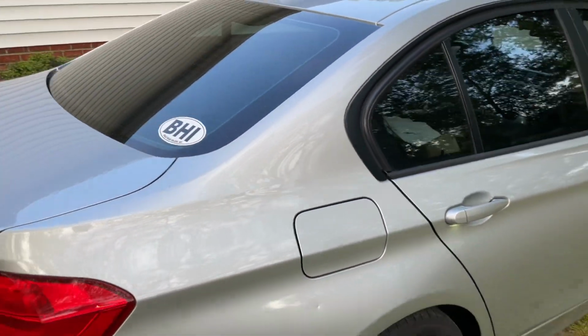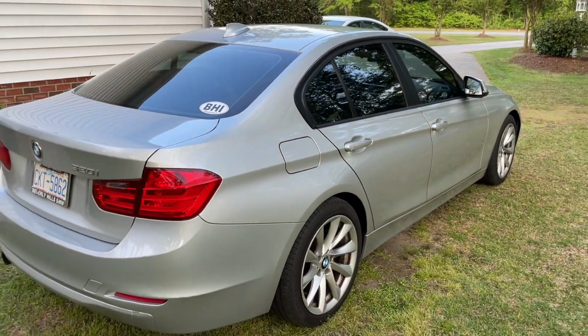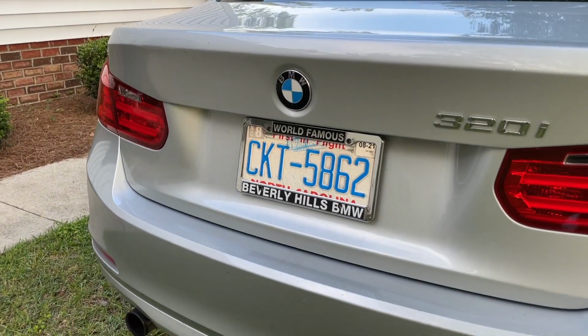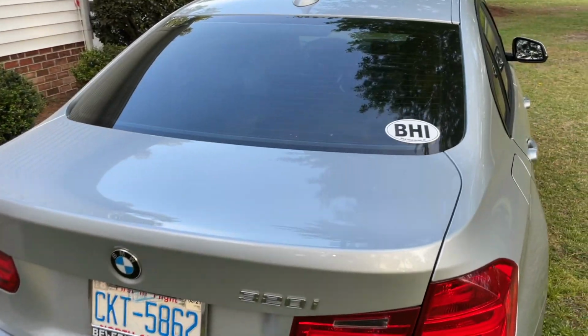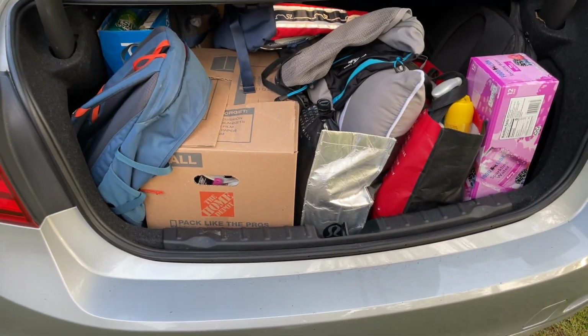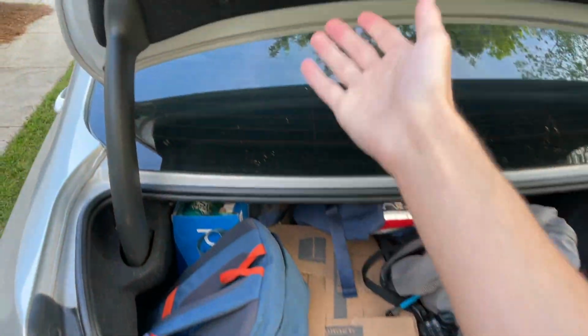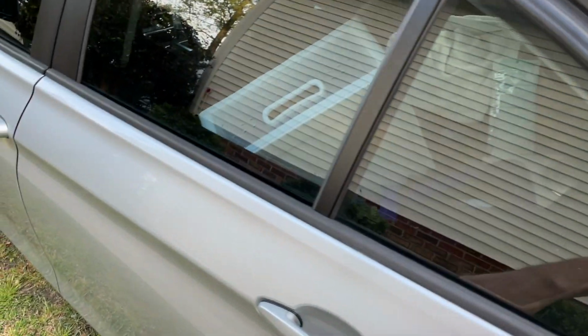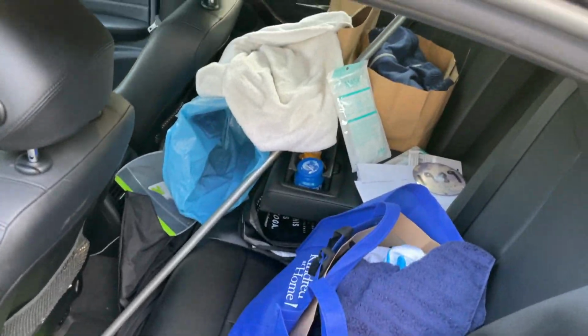I need to clean it out here. I wanted to get a quick video while we still have a little daylight left. Definitely needed to take my plate frame off. Ballhead Island sticker coming back here. Loaded down with even more stuff. You definitely feel the weight a little bit more when you're driving with it completely loaded down. Oh, that's one way to unload the car. Coming back here, as you can see,